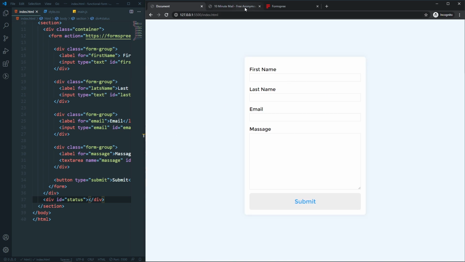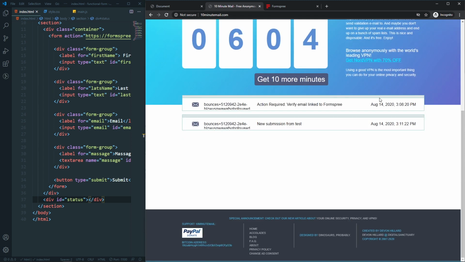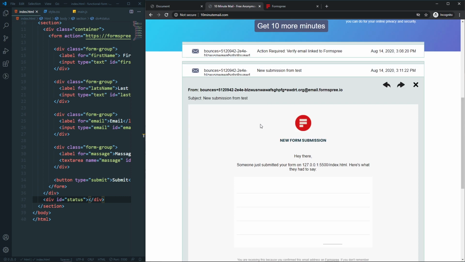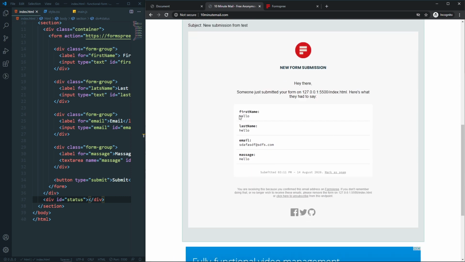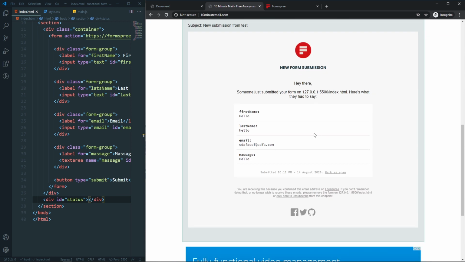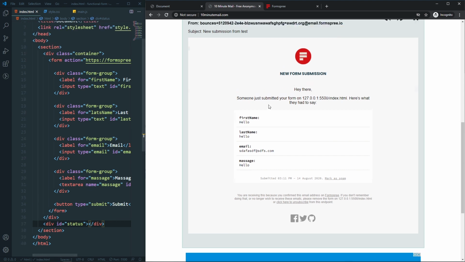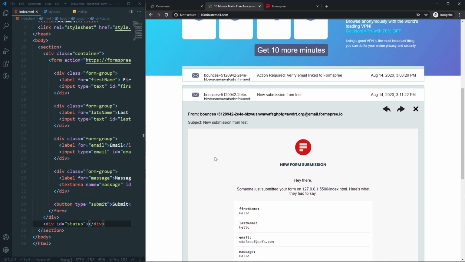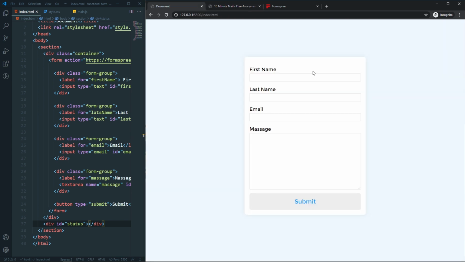If I come to my mail here, as you can see we have a new submission. If I come here, that's the submission. We have hello hello, that's the mail, and that's the message that we have. So now you can see we have our submission from this submitted form, and it comes directly to our email address. Everything is working fine,